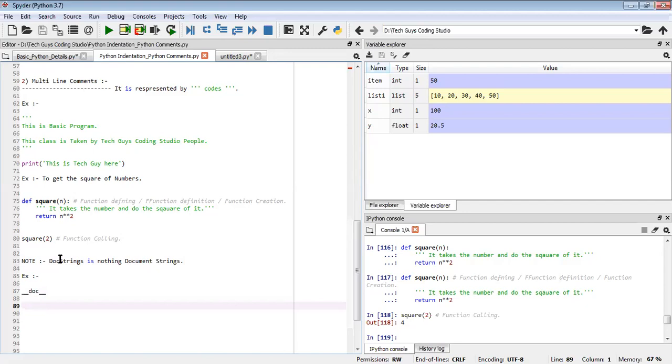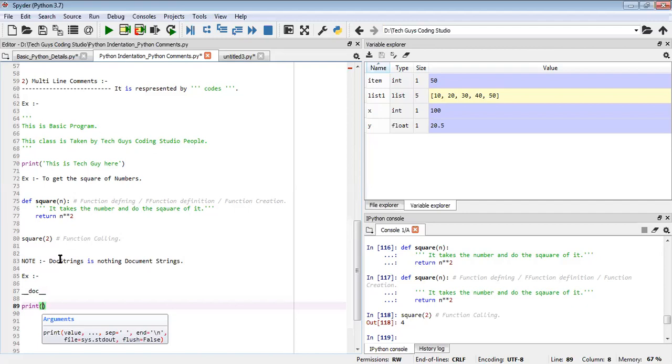So here what I'll do, I'll take how to get this print. Now I need to see what my square method contains, what it performs. For example, here you know it's square, but if you don't know some other methods, what you will do, what it contains, what kind of task it's going to perform.